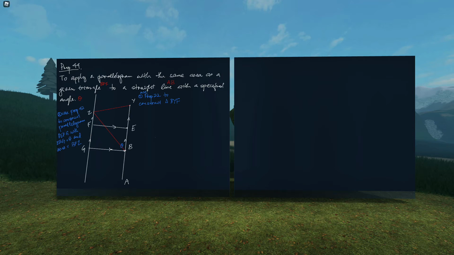All right, so let's draw this here. So what's the next step? So we constructed a parallelogram with the same area as the red triangle. So step three is we're going to be constructing a